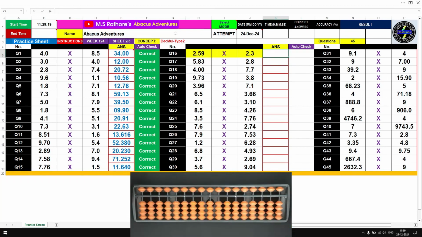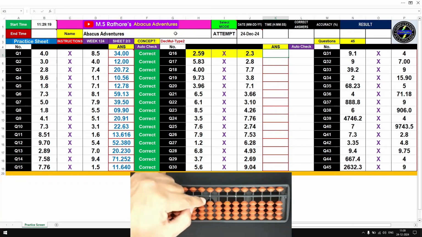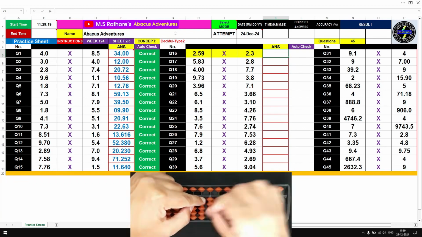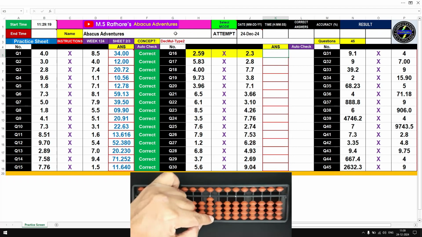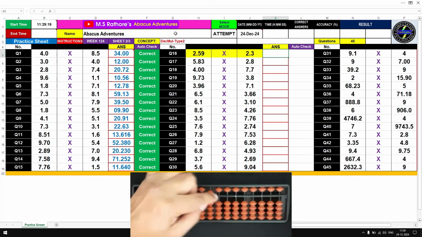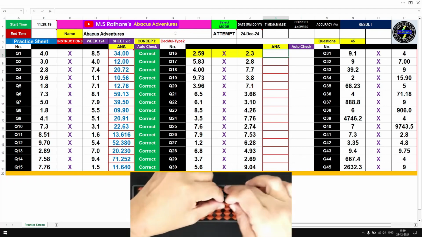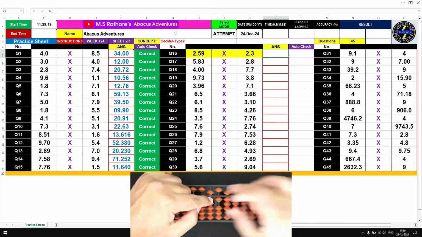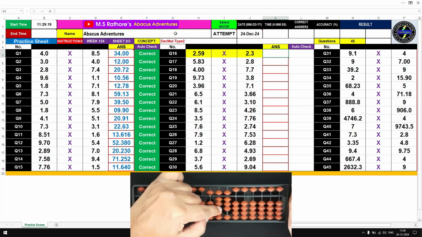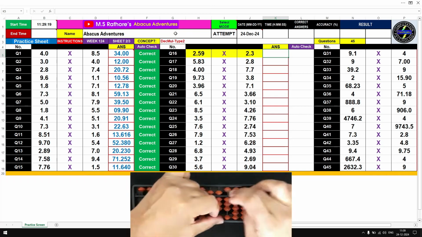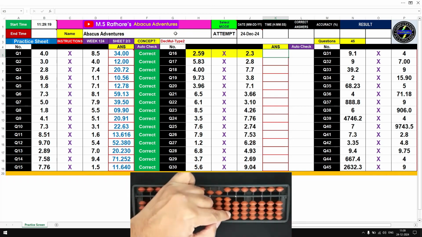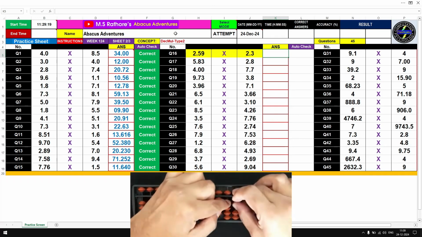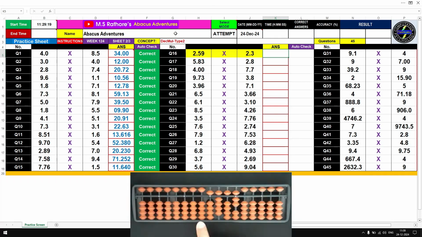Question number 16, 2.59 multiplied by 2.3. Let's begin from rod number 2. 2 2s are 04, shifted. 2 5s are 10, shifted. 2 9s are 18. Round 2 begins now. 3 2s are 06, shifted. 3 5s are 15, shifted. 3 9s are 27, and the answer is